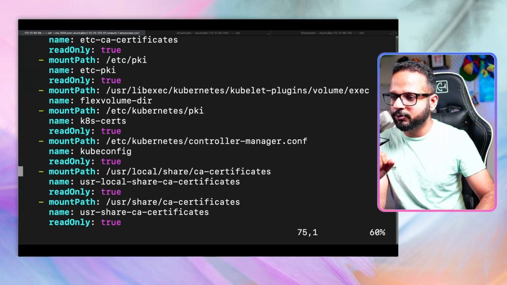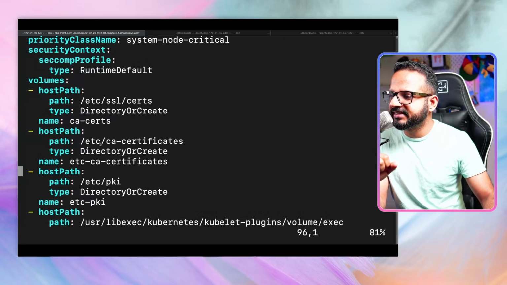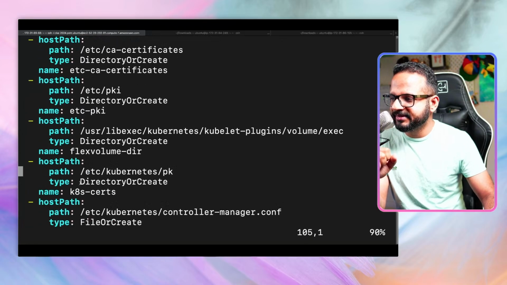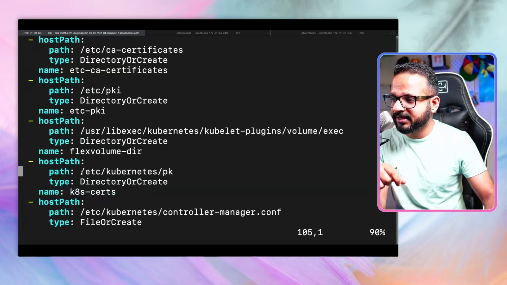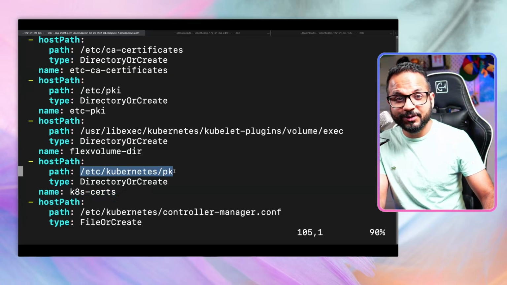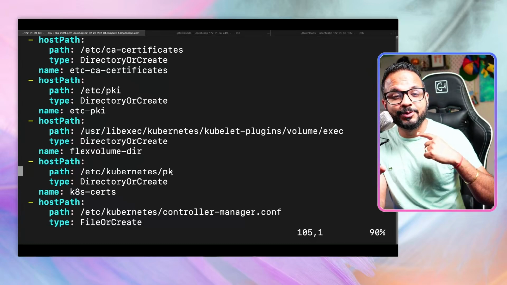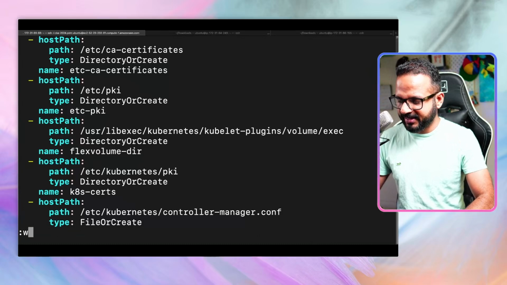So if you go down, we come to this section where it says hostPath. Let's go to this one, k8s-certs, because this is matching with the mount path. Let's verify the path, which is /etc/kubernetes/pk. If you notice, instead of pki it is pk over here. That's why it is not able to locate the cert. So if we update this to pki and save this file,